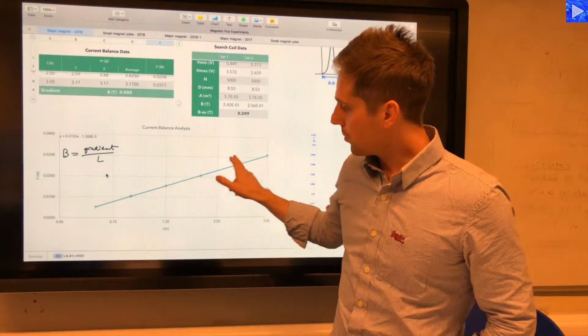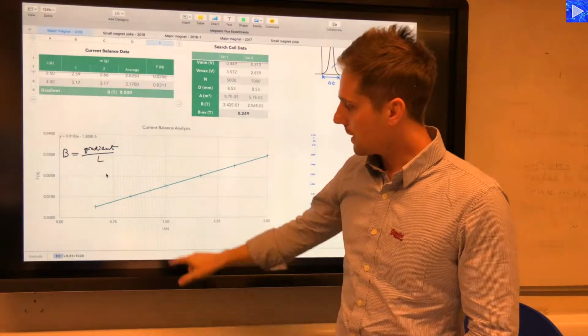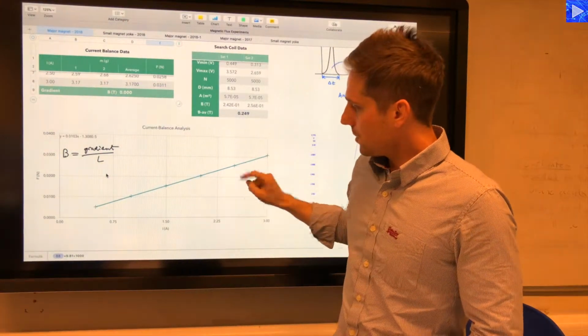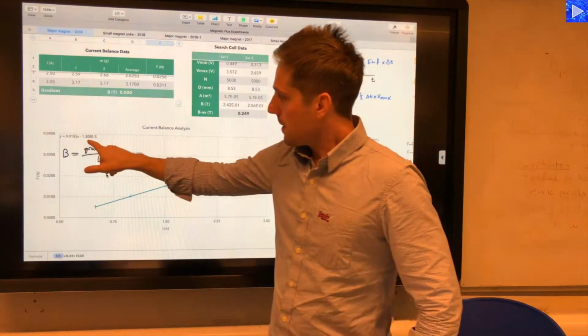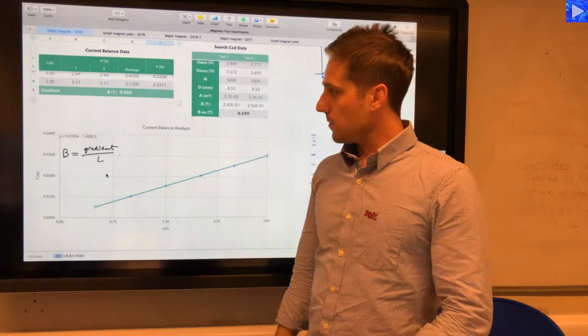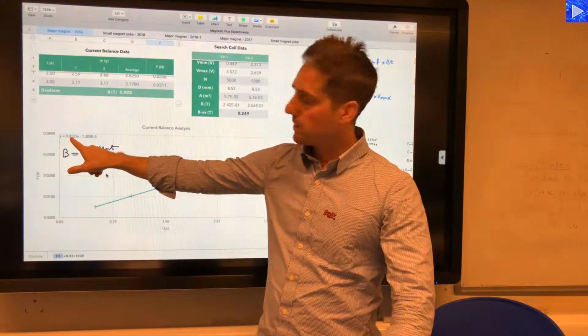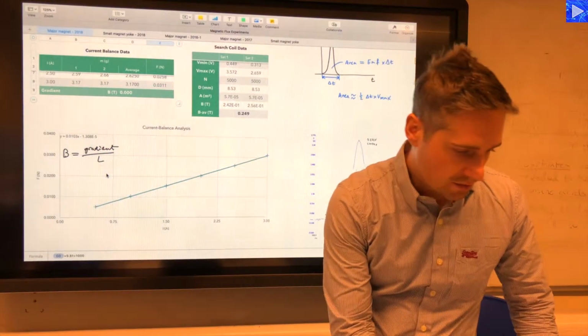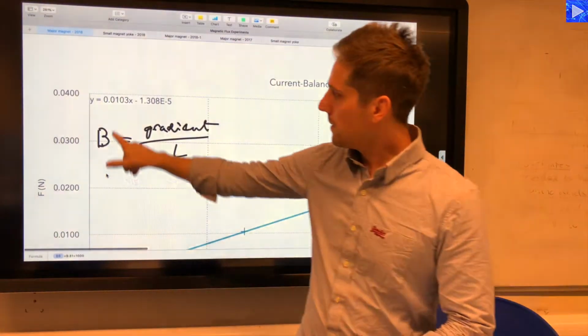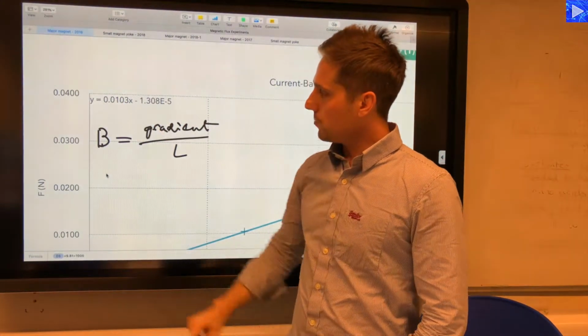So now we plot the graph of that, current along the x-axis, force on the y-axis. We're getting a reasonable straight line there. It's got quite a small y-intercept, so it is roughly going through the origin. That's pretty reasonable. So what I need to do now is take this value here. This is the gradient value. If I zoom in on that so you can see that more clearly, this is our equation, y equals mx plus c. This value here is the gradient,